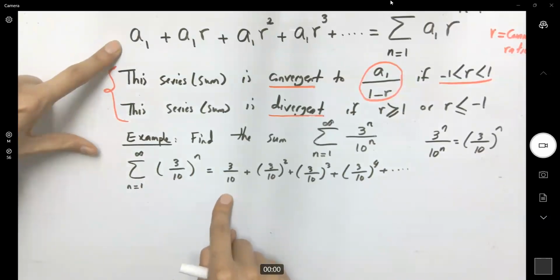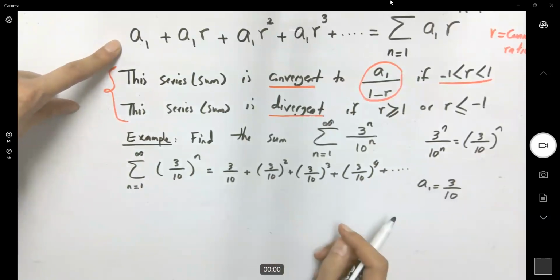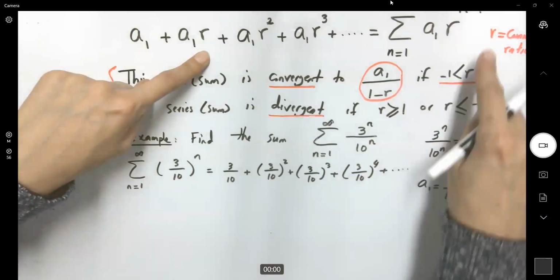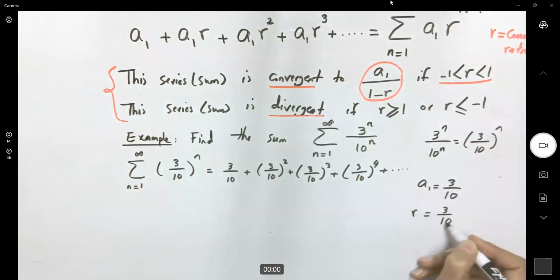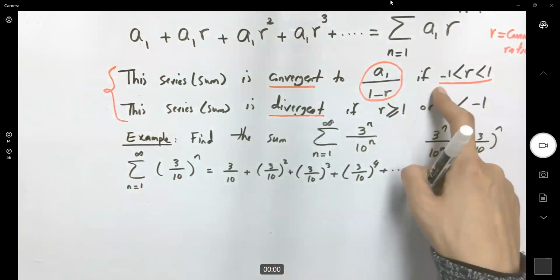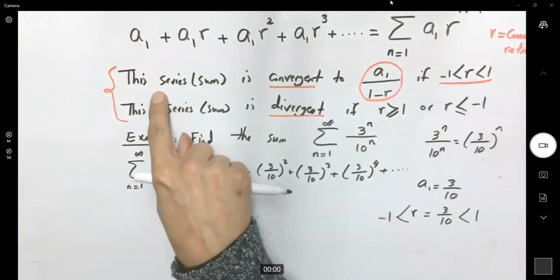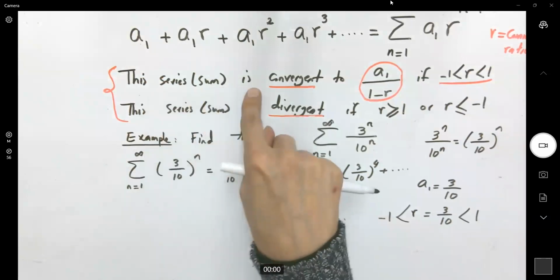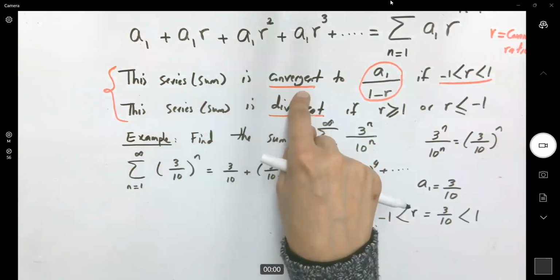A1 is 3 over 10. And at the same time, your R, the common ratio, is also 3 over 10. Check to see if your common ratio is bounded between -1 and 1, which is 3 over 10 is bounded between -1 and 1. So following the convergent geometric series, the sum is